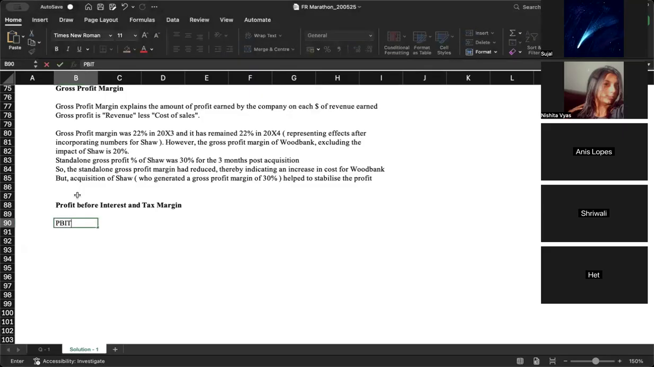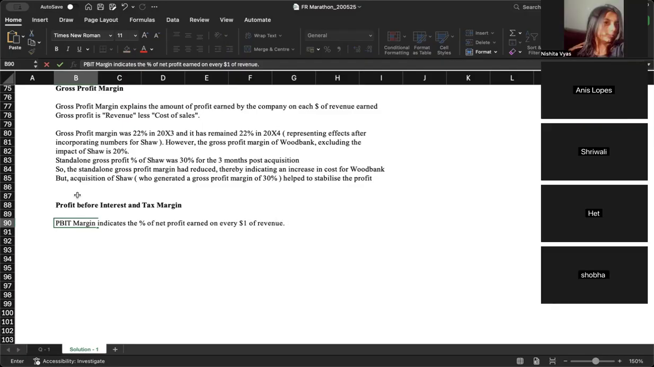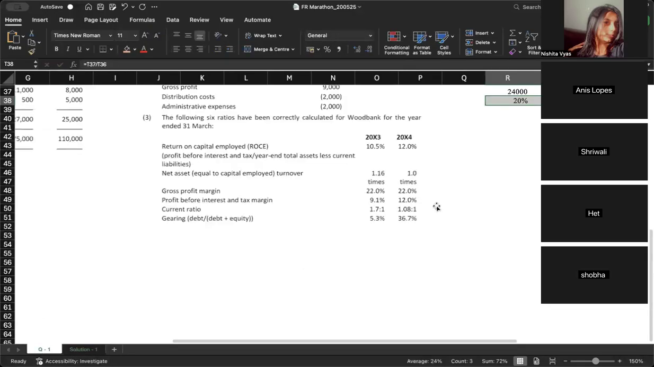So PBIT margin indicates the percentage of net profit earned on every $1 of revenue. ठीक है? Now let's go for factual. PBIT margin was कितना था? PBIT margin